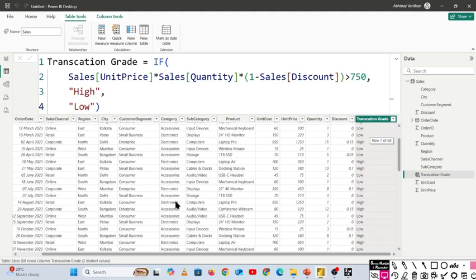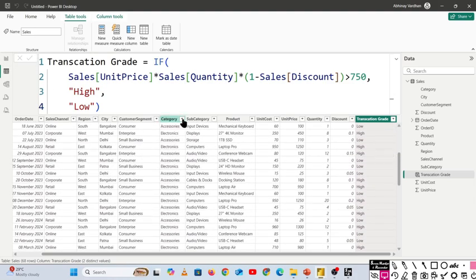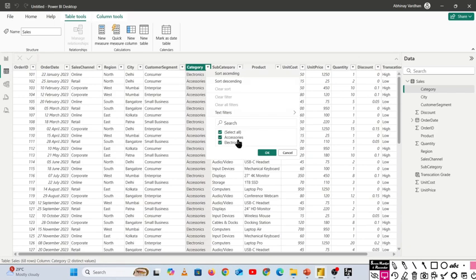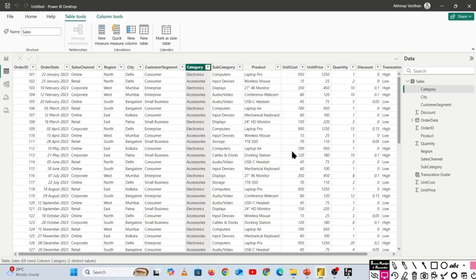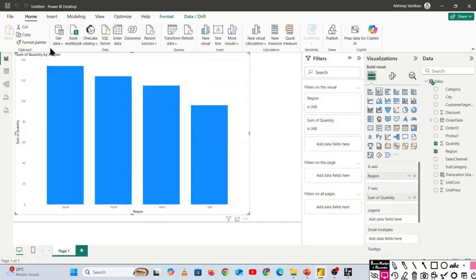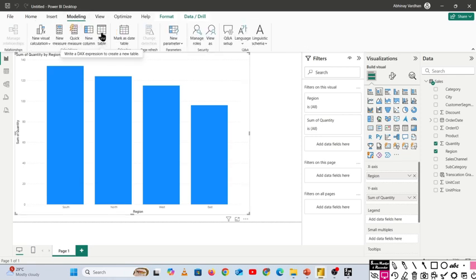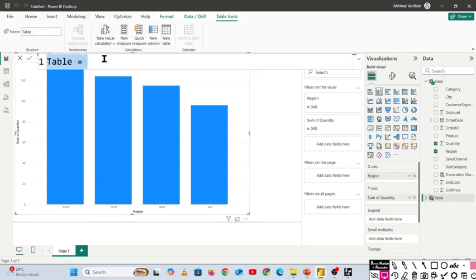So what I want to do is, in the category column, I have two options. It is accessories and electronics. And I want to isolate all the electronics items into another table. So the way to do it is, again, I can either select from this pane, table tools, table, new table, or from the report view, I can click on modeling and here I have the new table option. Once you click on new table, it says table name. So I want to get only electronics items. So I'll specify